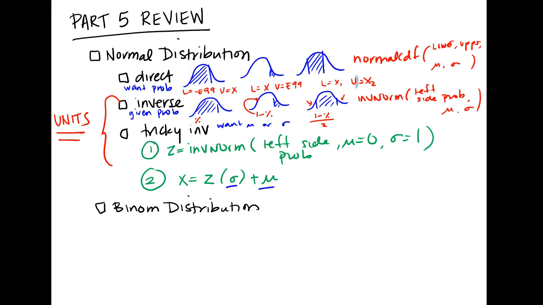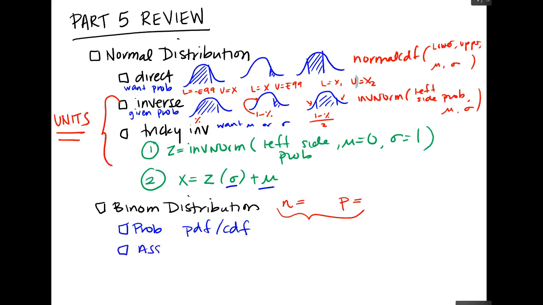So show me as much work as possible, as much of your reasoning as possible, so that I can give you partial credit. The most struggle students have with binomial is just recognizing when to use it, but just realize if you have an N and a P, that's a hint that we're dealing with binomial. So there's going to be one probability question, which means that you'll use PDF or CDF. I don't know which. I usually like to have one about the assumptions, sort of recognizing when we're dealing with a binomial distribution. So that was our BINS,